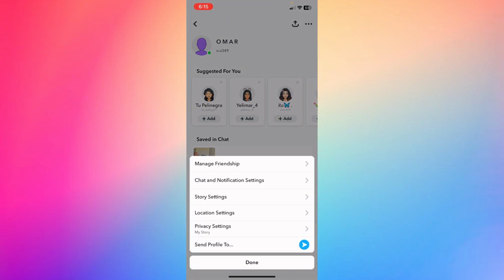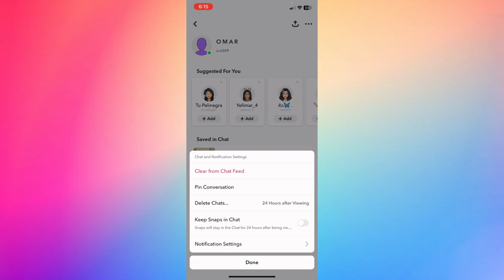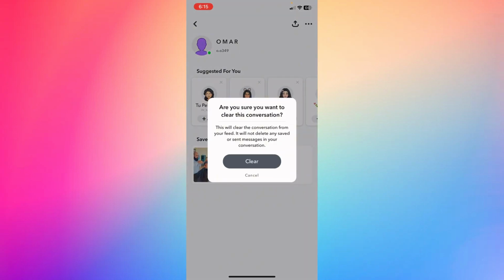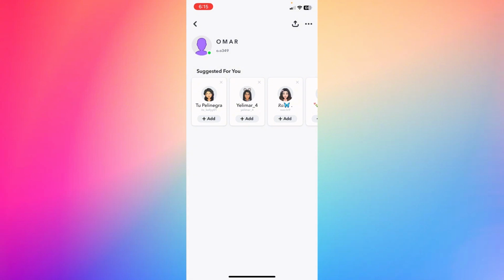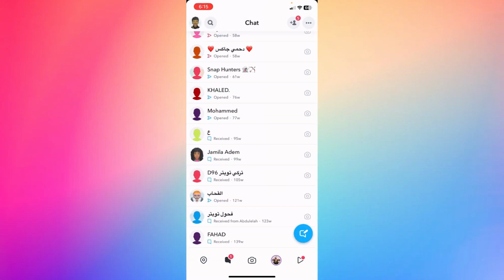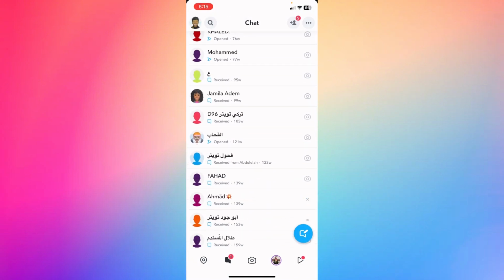and from here you're going to see chat notification settings, and you're going to see right here clear chat or clear from chat feed, and by clicking it, this will clear conversations from your feed. It will not delete any saved or sent messages in the conversation. Hit clear, and basically I'm going to be able right here to see that my conversation is